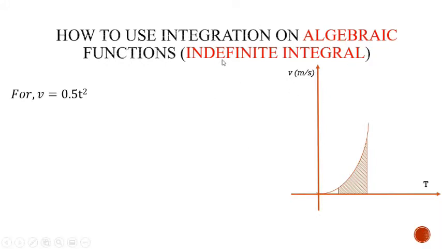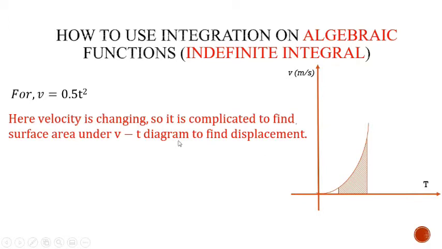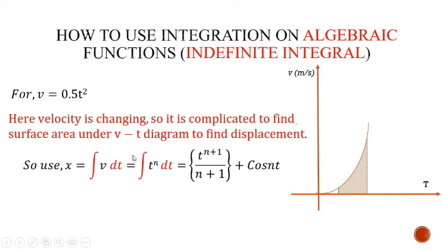So in case of indefinite interval, for example, if suppose there are no limiting values provided to you, that is t1 and t2, so t1 and t2 is not there here. So in this case the integration is written in this form. So power is increased by 1 and it is divided to the whole term, plus constant is written, and this constant is called as integral constant. Here you can see the area under it is again the area under v-t diagram. So integration of v dt, here limits are not there, that is why it is known as indefinite integral.